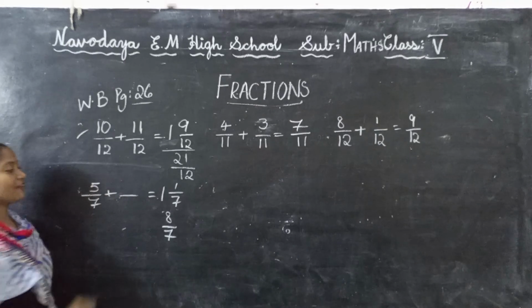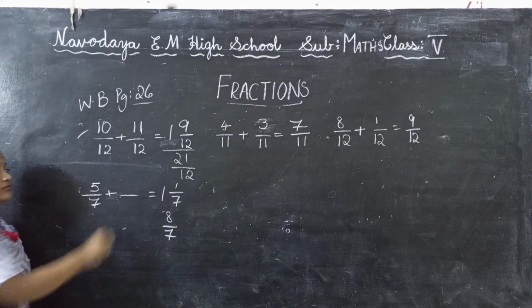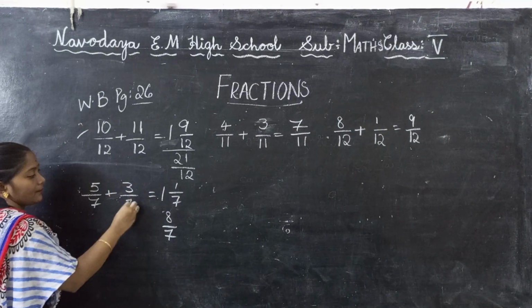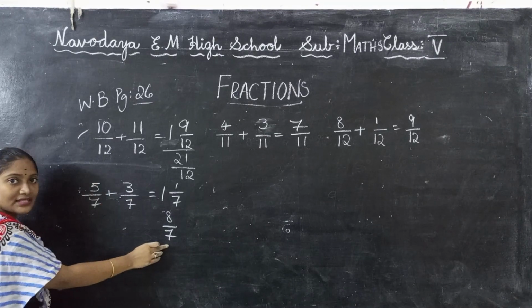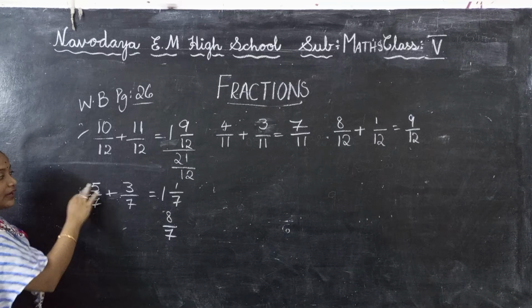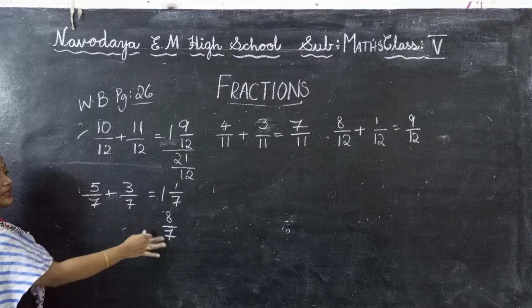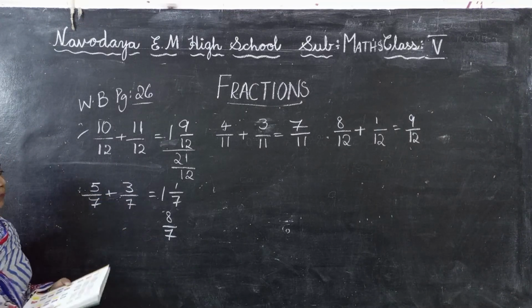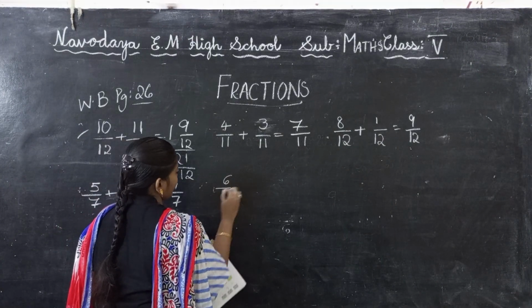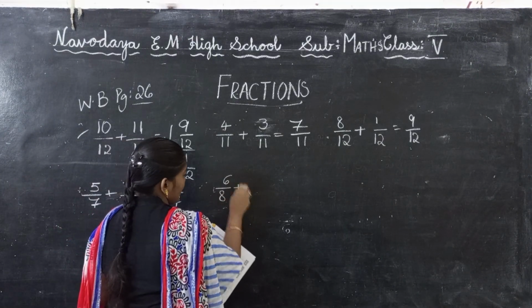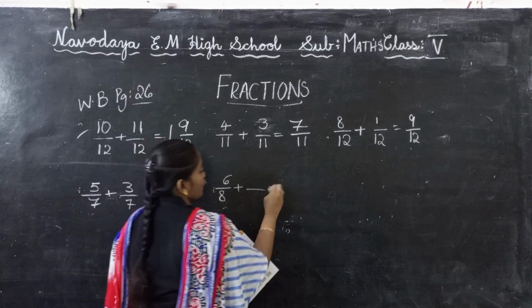So if I add 3 upon 7 to 5 upon 7, 5 plus 3 is 8 and the denominators are same. So the denominator is 7. So 3 upon 7. Next one, 6 by 8 plus how much I have to add, and it is 5